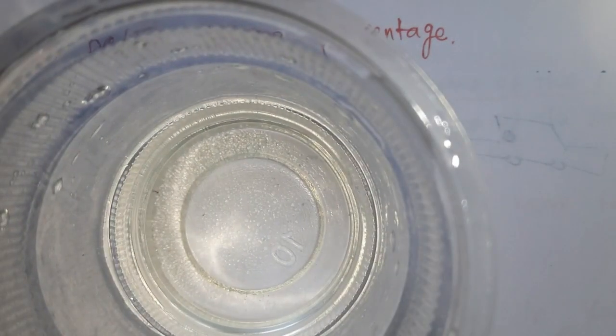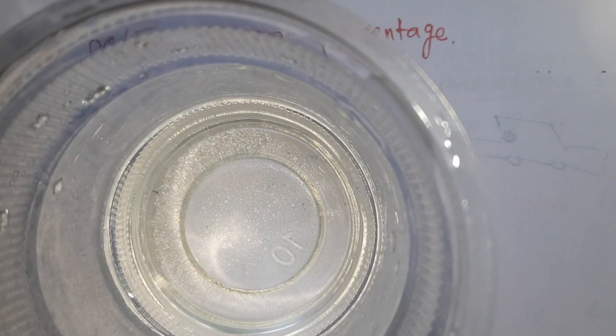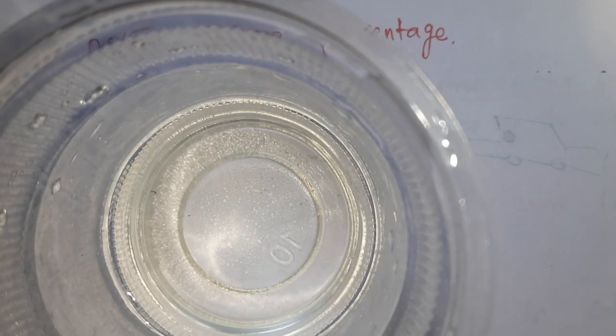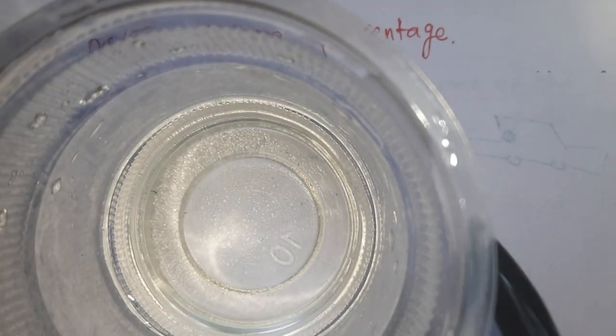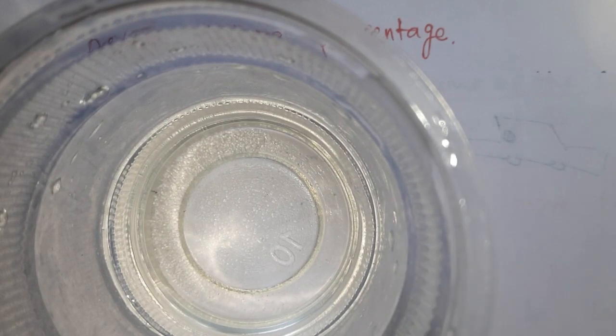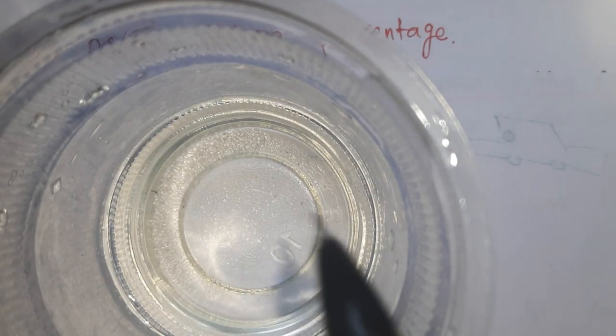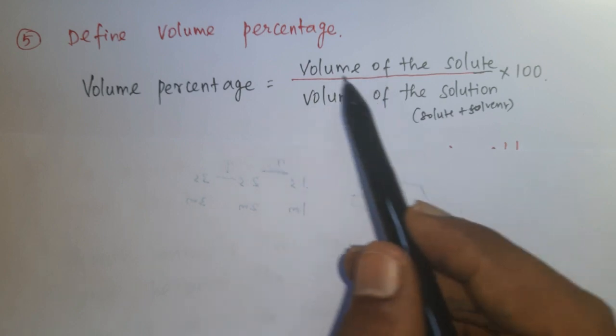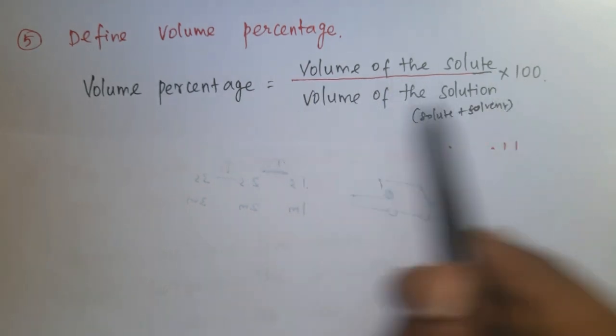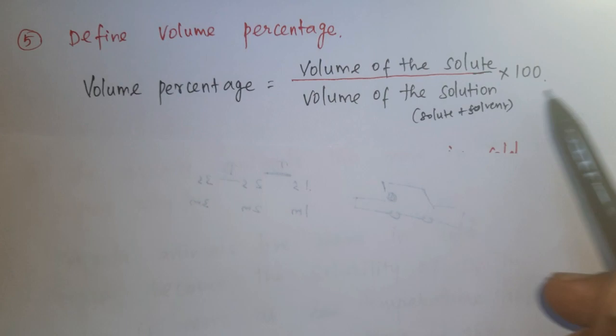In the sugar solution, the volume percentage, we can measure the ratio of volume of solute. This is sugar. So how much amount of sugar is present in this? That is volume of sugar divided by volume of solution. Solution means total volume of solvent and solute. So the volume percentage is nothing but the ratio of volume of solute, that means sugar, volume of sugar divided by volume of water and sugar. So volume percentage is defined as the ratio of the volume of the solute to the volume of the solution multiplied by 100.